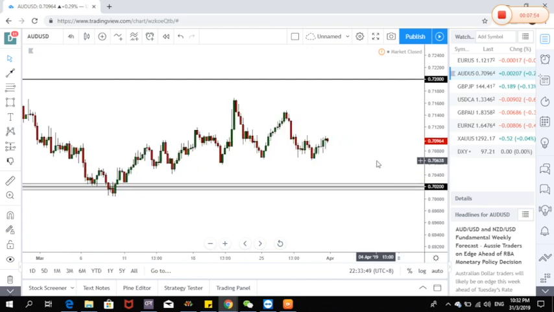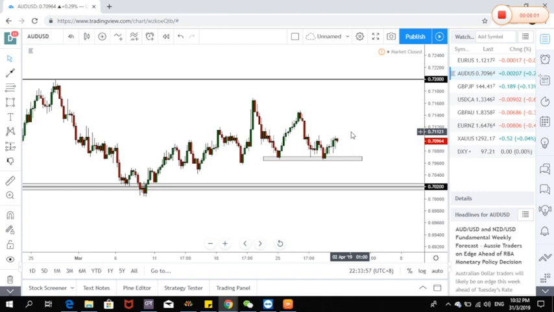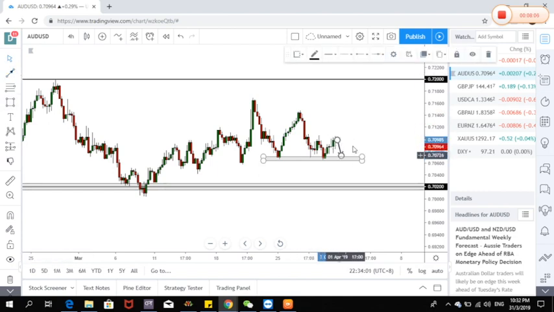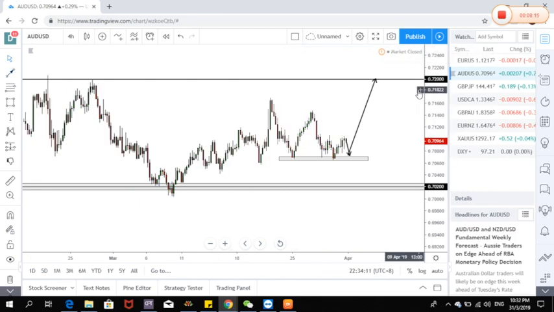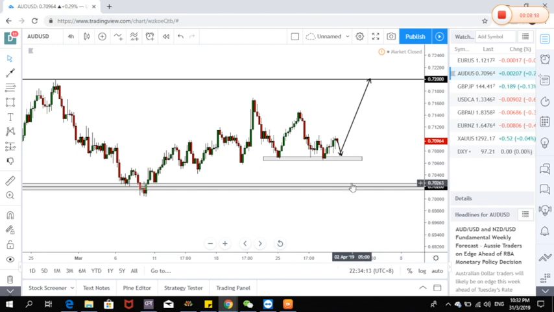same as the euro dollar, the only area where we can get an entry is this area at the minor support. So if on the Monday opening, price managed to come below here to the support zone, we will most likely wait for any rejection candle as confirmation for the price to test higher to the major resistance. So wait for any rejection candle for any buying position. For now, I wouldn't favor any short position for euro dollar, AUD dollar,